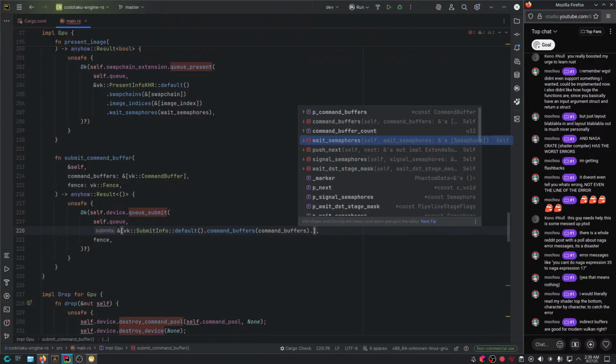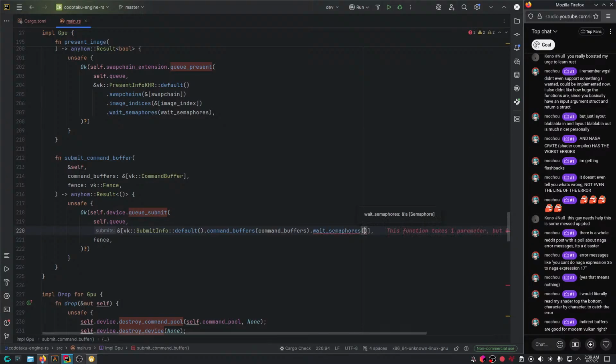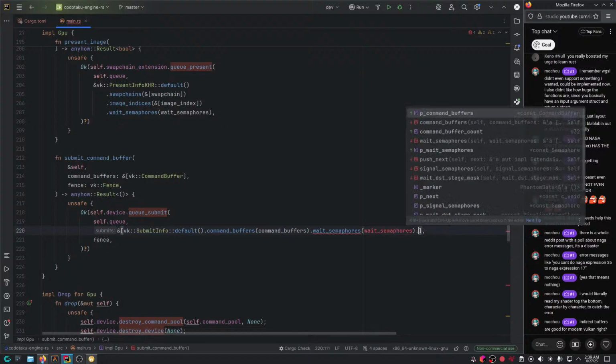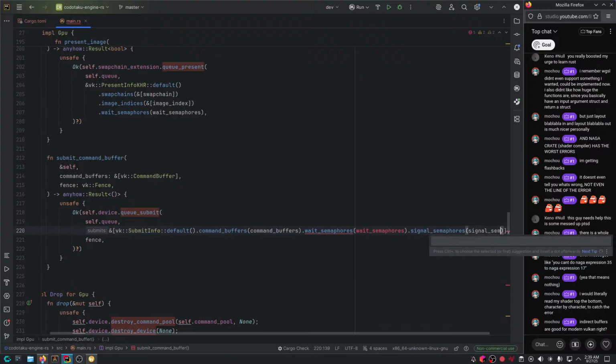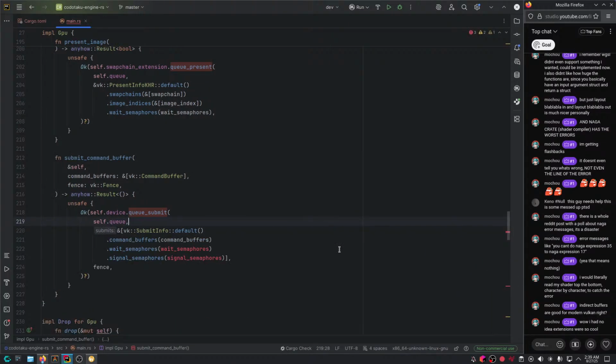But yeah. So here we got wait semaphores and signal semaphores. Okay. So honestly, let's see. Wait semaphores and signal semaphores. All right. Whoa, I had no idea extensions were so cool. Yeah, too much. As long as your target hardware does support them. But if you only really care about modern hardware, then yeah, you're good.